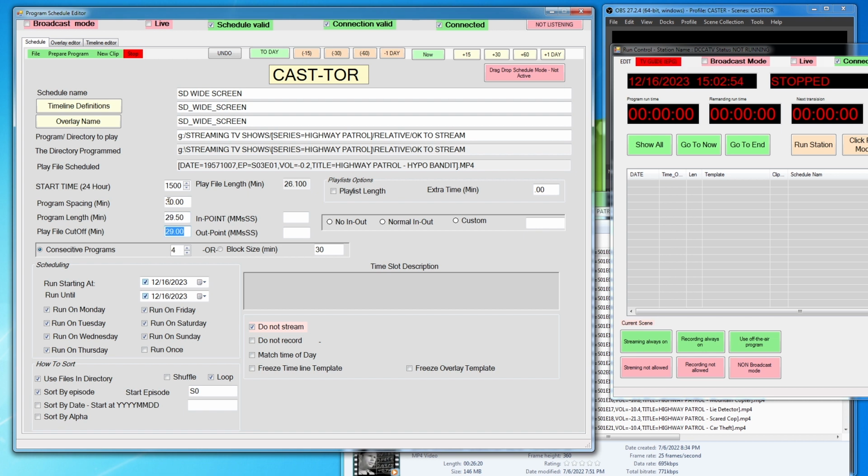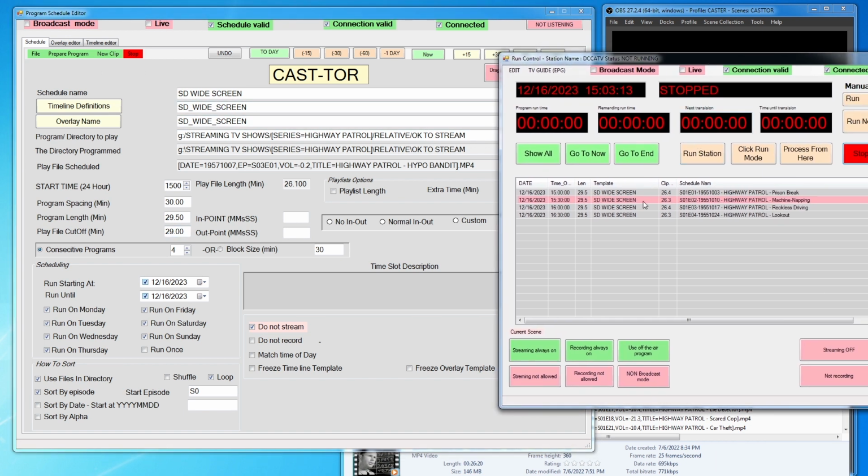This means that starting at 1500, 3 p.m., you want to create 4 of these on this date, going to the 16th. So if we do that, and I say add to program, what you saw was it added